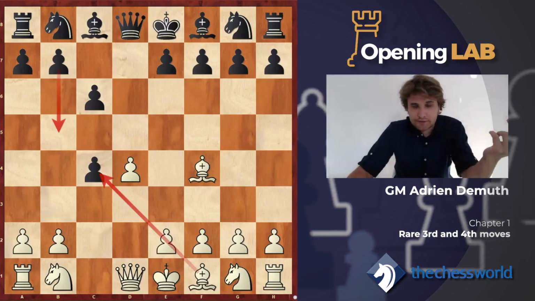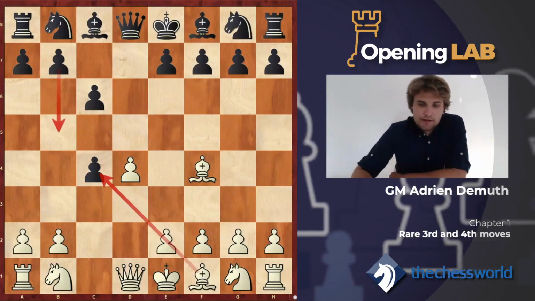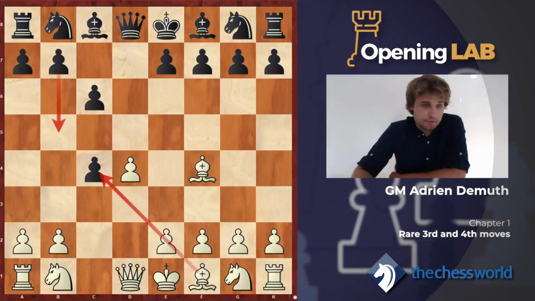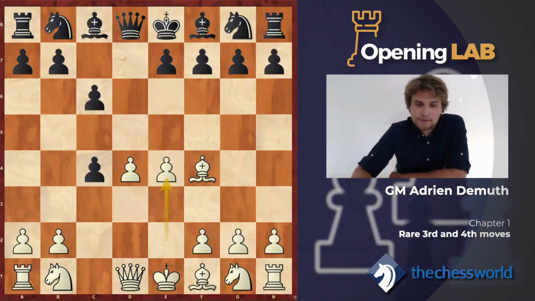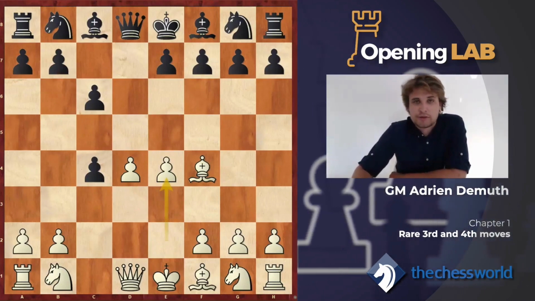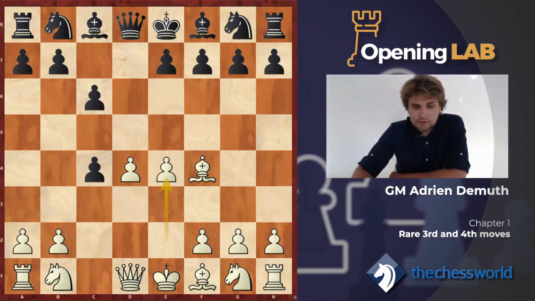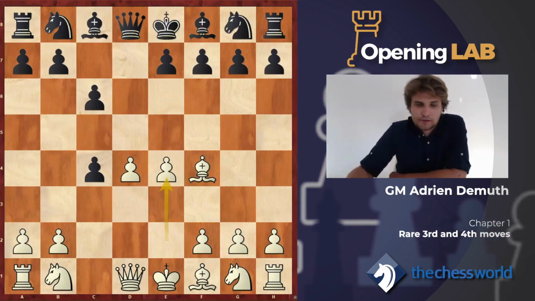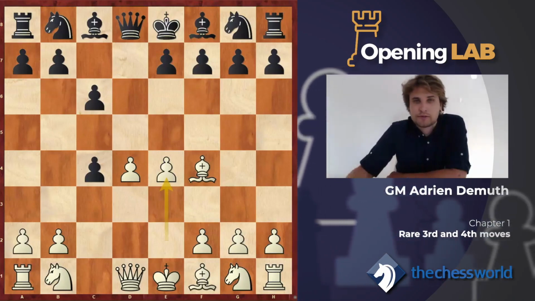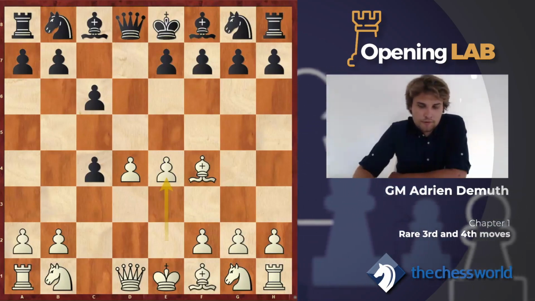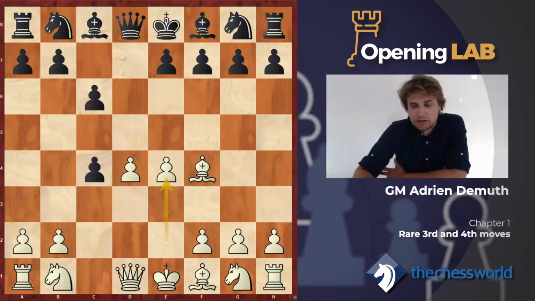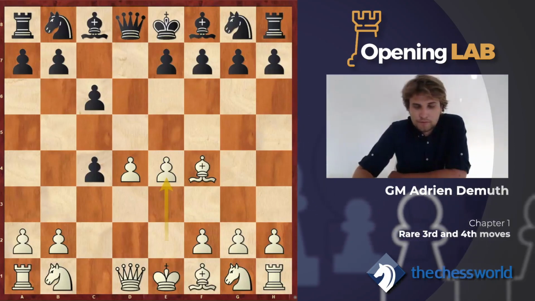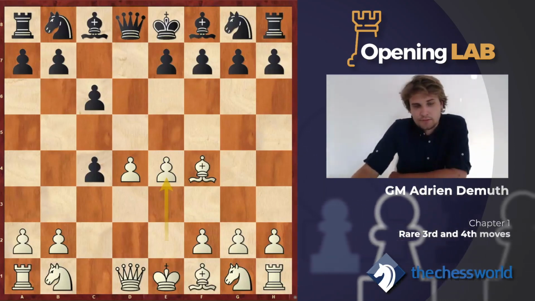So of course, two possibilities. We are leaving the full control of the center to white, so we need to look after e4. This kind of variation we're going to see a lot in this video, first with bishop f4 on the third move as here, but later with the move knight c3 before. And you will see that it makes some difference, but it can also sometimes transpose. So first, after e4, the first thing is we can play b5, obviously, but